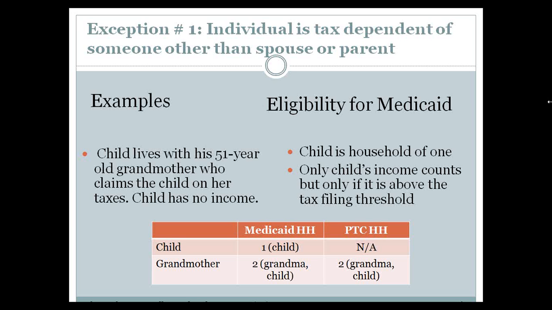The Medicaid household for the child is a household of one, and the grandmother is a household of two. And that's one thing I want to point out right now. In the past we used to think of a group applying for Medicaid as all pretty much in each other's group. That's not the case at this point. You can have people in the same house applying for Medicaid, and they have different size groups. Different people are in different groups, so you always have to look at who is the applicant.